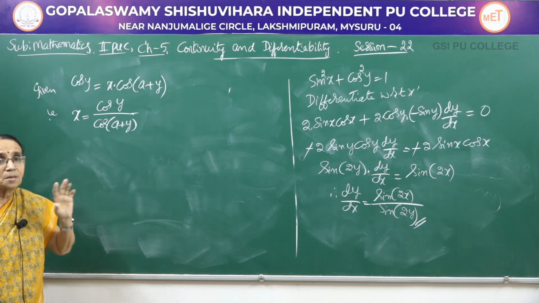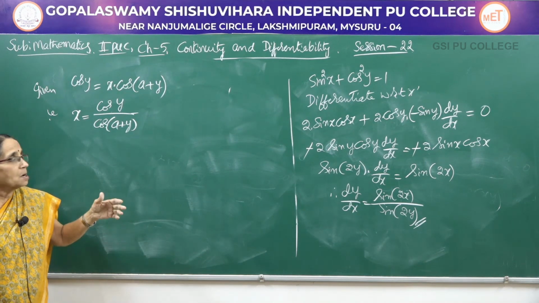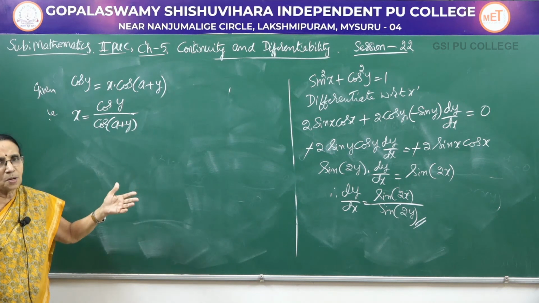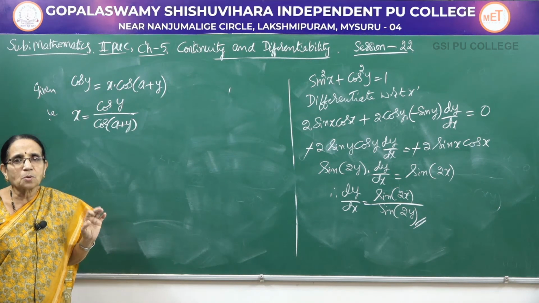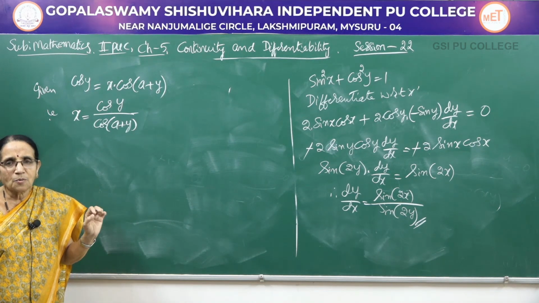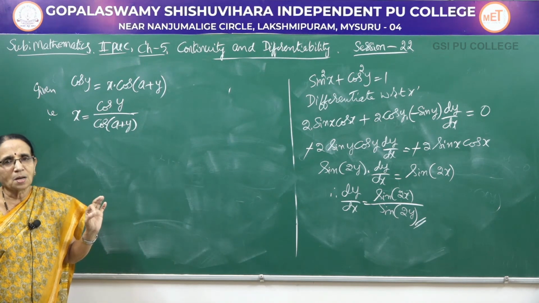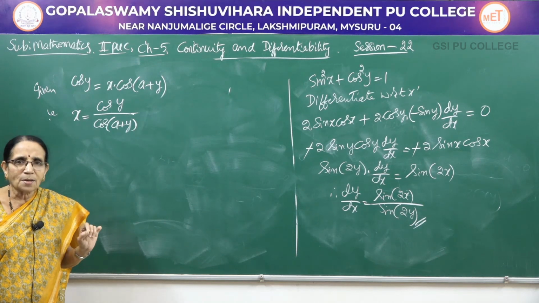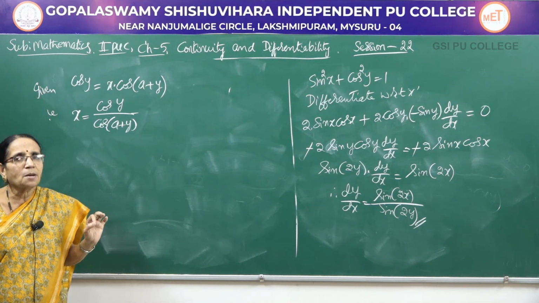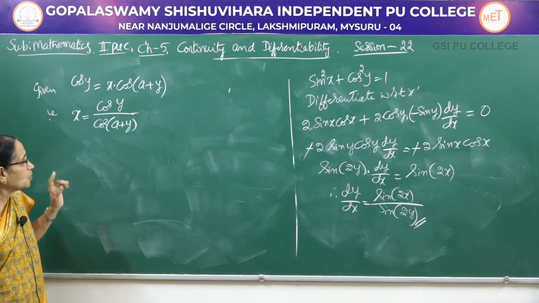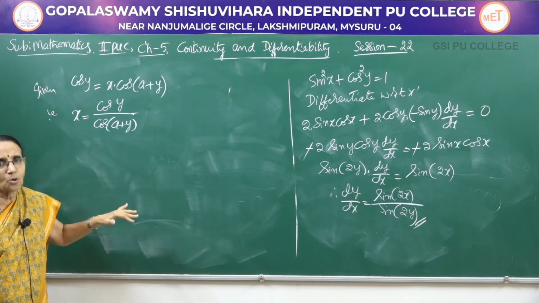Now, another thing you should observe. In all the earlier problems, whether it was an implicit function or explicit, we always differentiated the given function with respect to x. y is the dependent variable, x is the independent variable, and we always differentiate with respect to the independent variable. That means we try to get dy by dx. Here also you can do the same thing, you can differentiate with respect to x only.